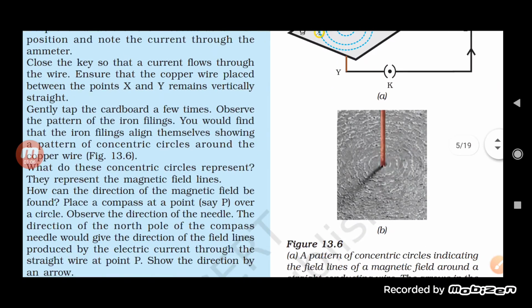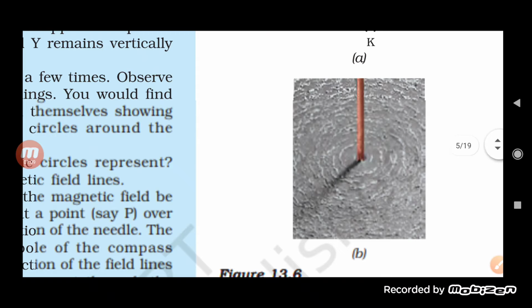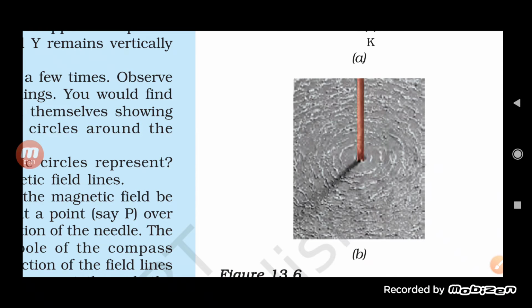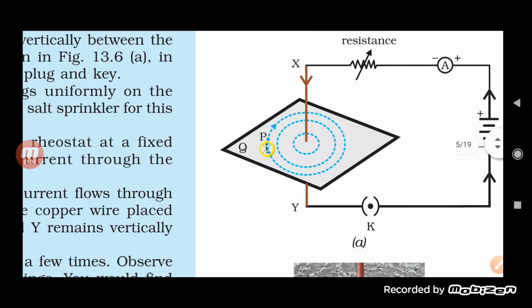The same thing you will observe in this figure also, students, in which an iron or copper wire is passing through a cardboard, and when we sprinkle iron filings there, they form a pattern around it, which is a concentric circle. You can see they form a unique pattern, like a cycle. So when you take a copper wire, attach it to the battery and pass it through the cardboard,